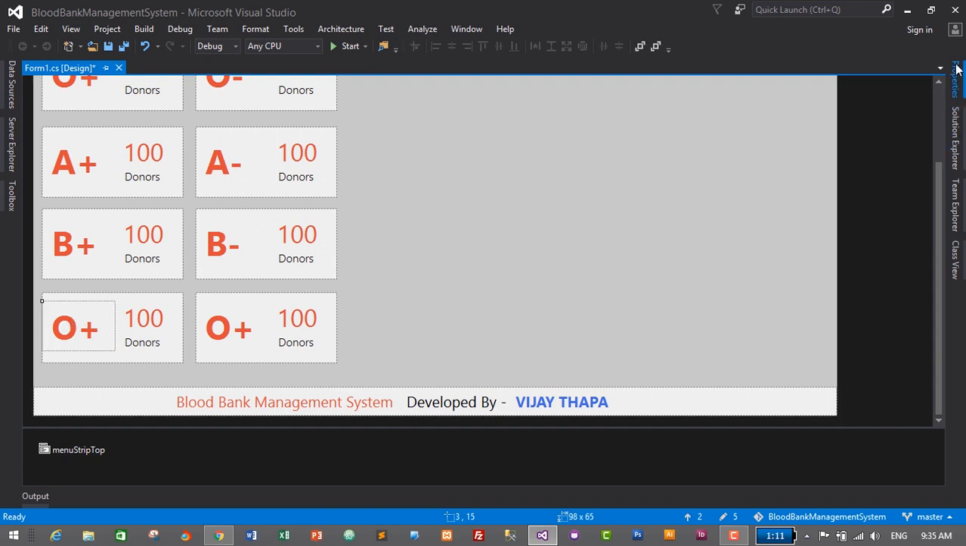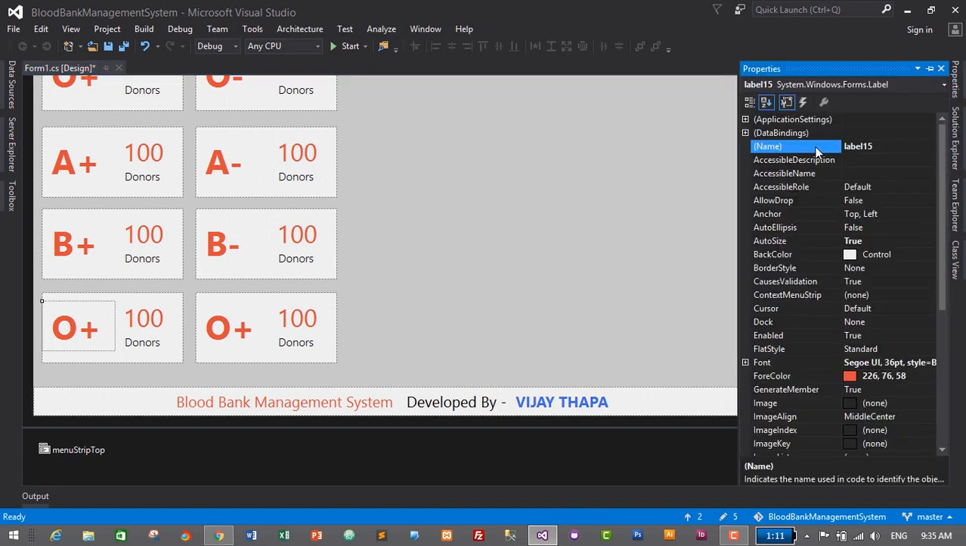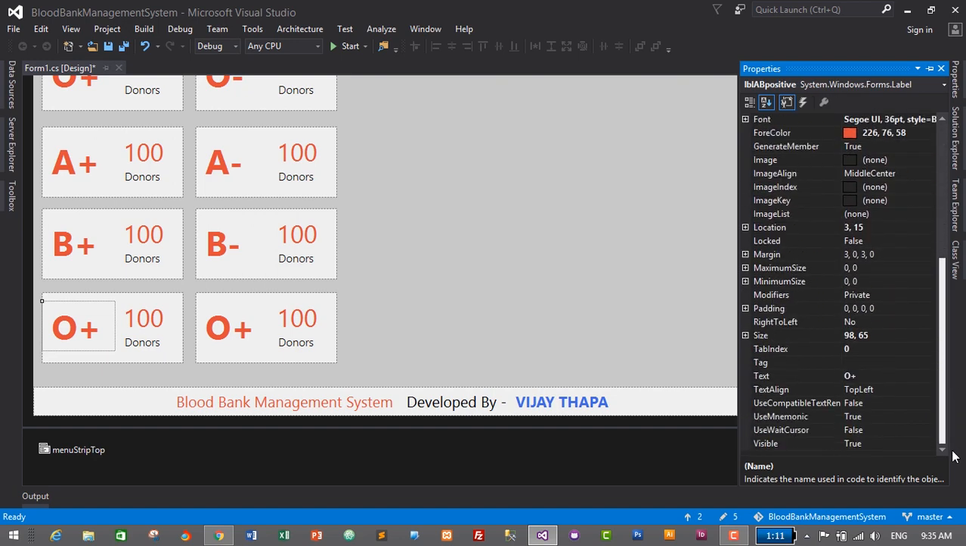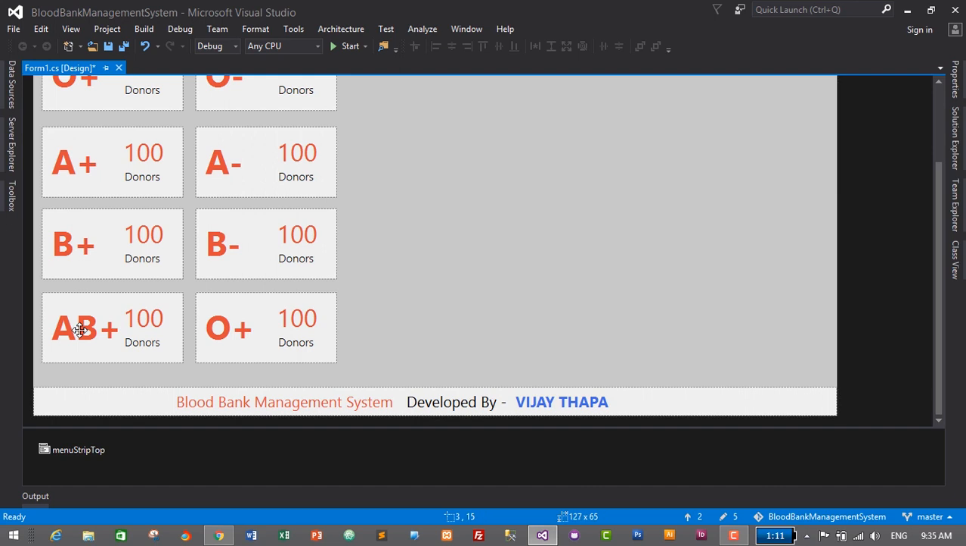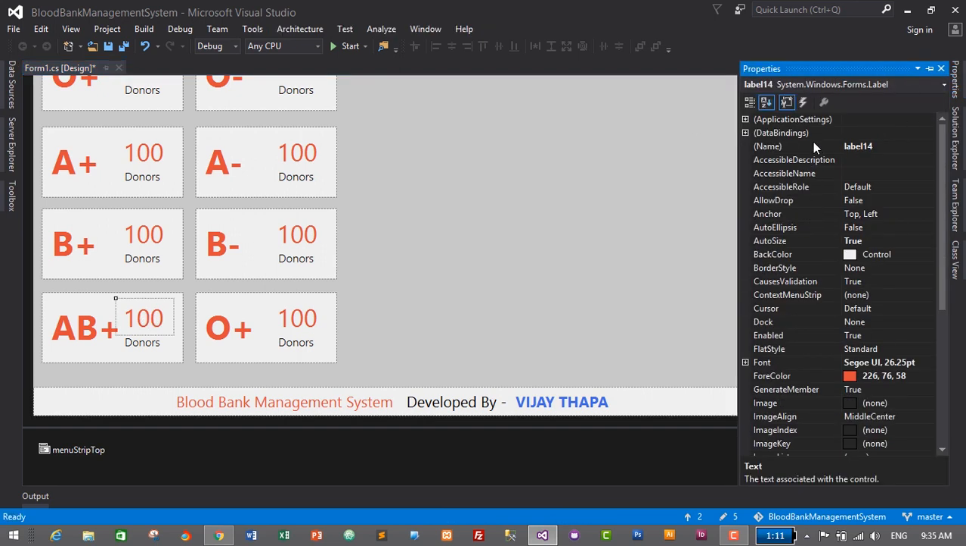So just select the label, go to properties, and change its name from label 15 to LBL AB positive, and change its text to AB plus. So just go to the text properties and change it to AB plus. So that's it. So it is AB positive. Now we need to change the counter for AB positive as well. So just select the counter, go to property, and change its name from label 14 to LBL AB